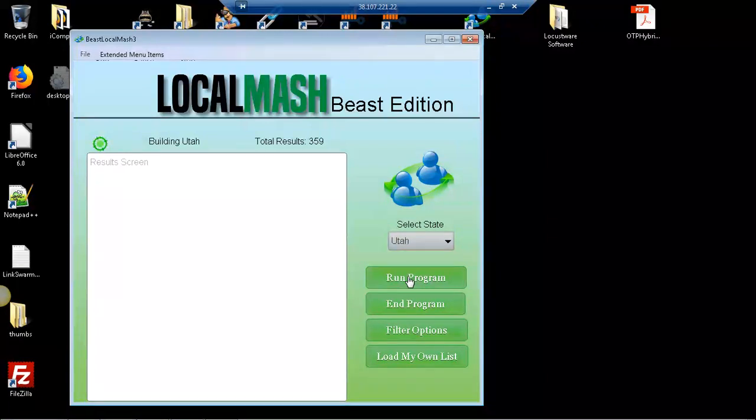And so this works for anybody. And once you get the idea of using Local MASH to do it for the US, you can go out and find this information elsewhere for other countries as well. But Local MASH Beast Edition right now just does the US. So what we're going to do is get a little pop-up once it's done